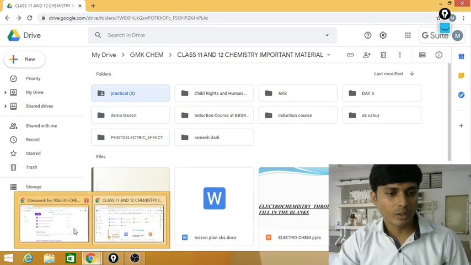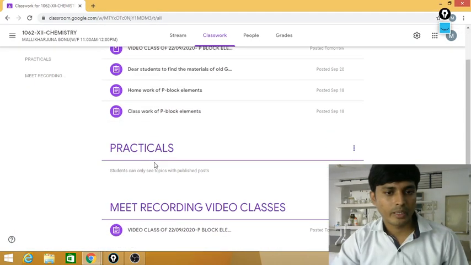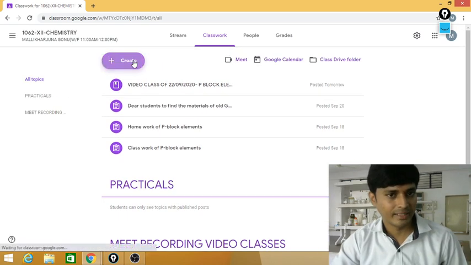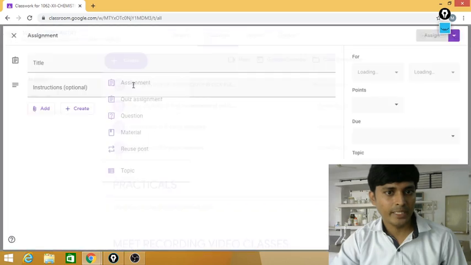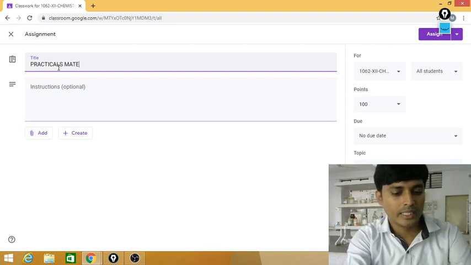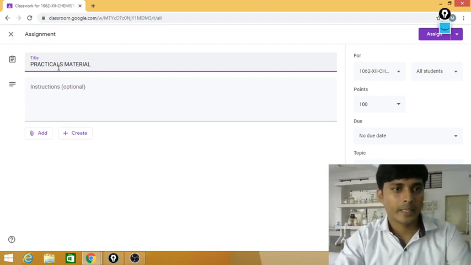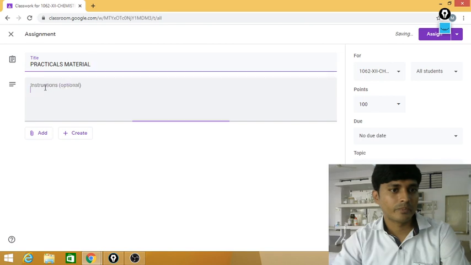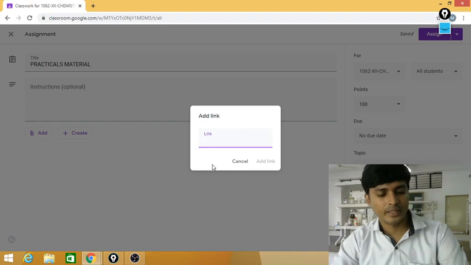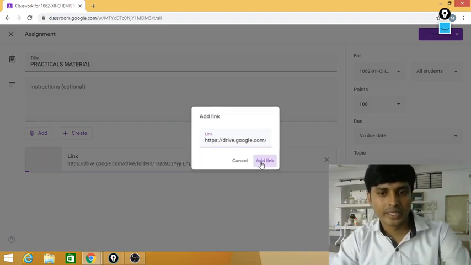Then I go to practicals. Once again I have to post here. For that, I will create an assignment, practicals material, then whatever the instructions, then add, and I will paste the link of that particular folder which students can access.